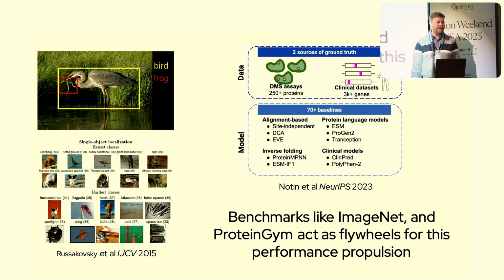I think ImageNet is one of the best things that ever happened to AI because it gave a standard for how you could measure image to text. There's a similar tool out there called Protein Gem, which works for deep mutational scans. The big challenge with that is it's over a huge amount of data sets, which are not exactly comparable.